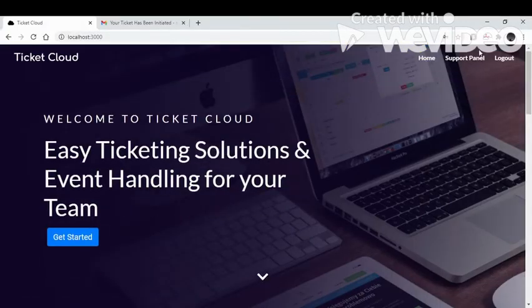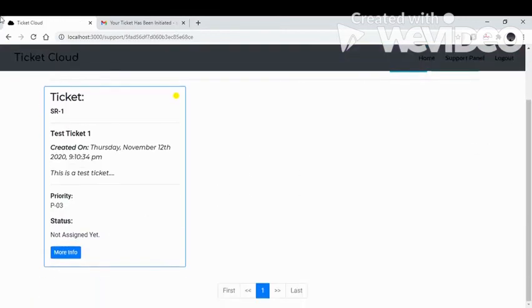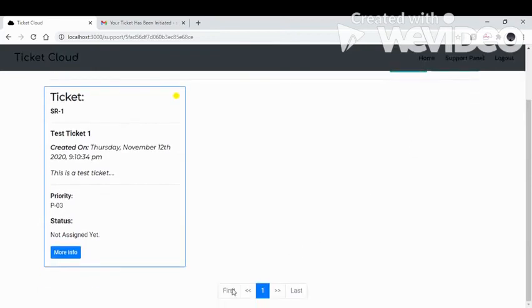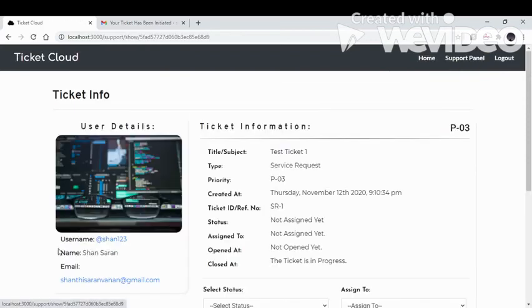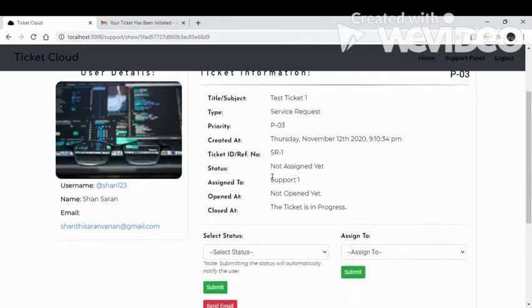After signing in as a support executive, we can view the support panel, and it lists all the tickets that were created. And it also has filtering options where we can view the tickets that were created in the past 24 hours, and also has a pagination feature for easy access. So by clicking the more info button, we can interact with the ticket. We can assign it to a particular support executive, and it gets updated here. And we can also change the status,